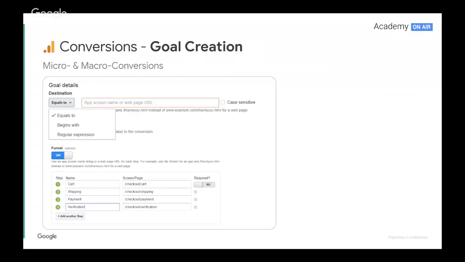Following on from here, we look at one really important example. If we are using a destination-based one, which will be quite common, we look at equals to, begins with, or regular expression. And this is quite important. Regular expression is something which may need to be used if, for example, we have a checkout success page which loads with a different number after each user who makes a purchase. So that would be, for example,